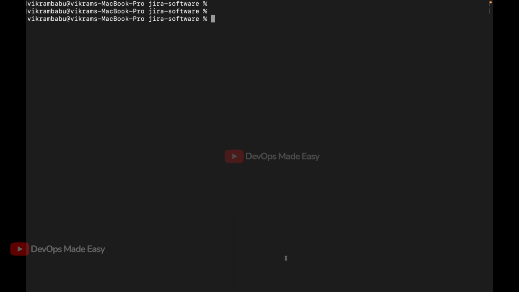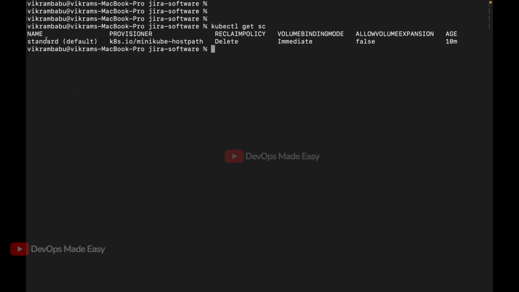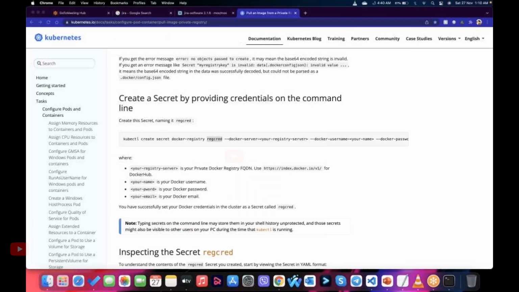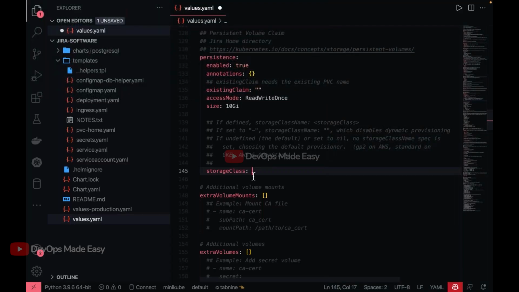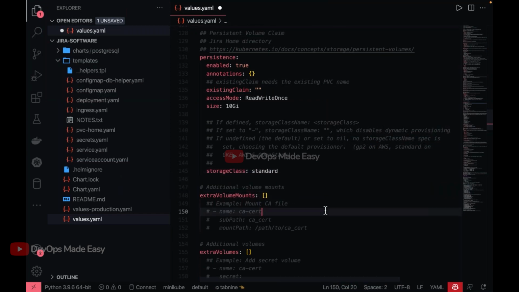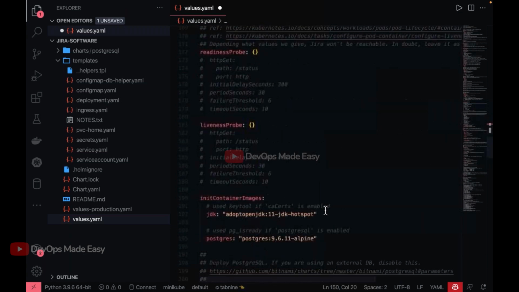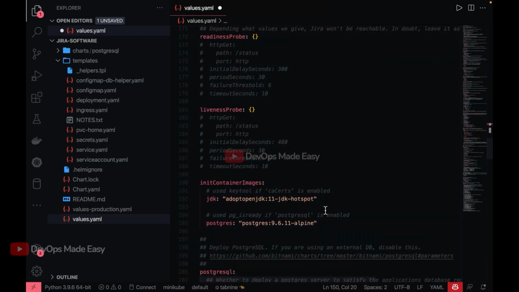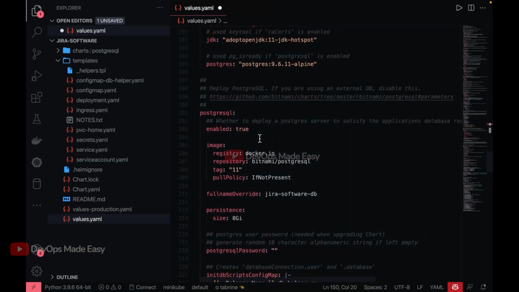Now we'll use this name, which in this case is standard. I can take the word standard and put it here as the storage class, so my PVCs will be created. This is one change that we are going to do. In your cluster you have to use the proper storage class name there. And Postgres, if you see, this is enabled.